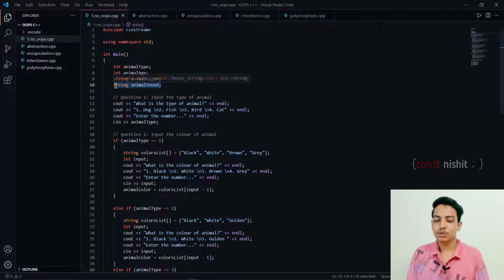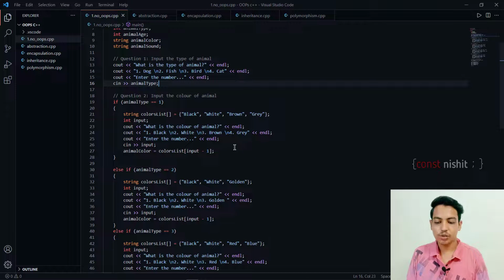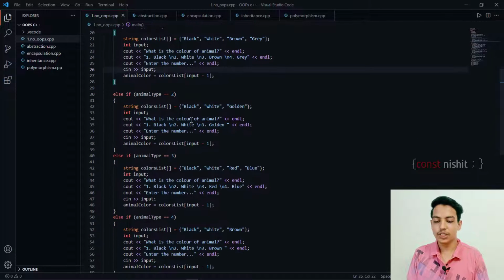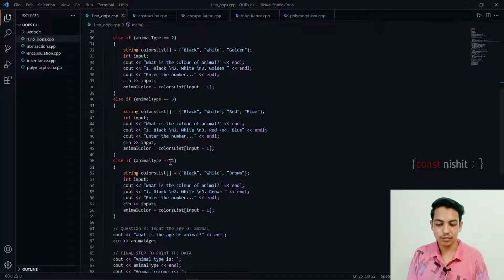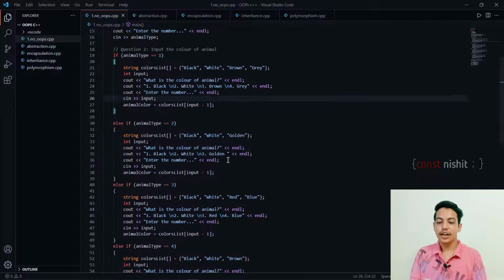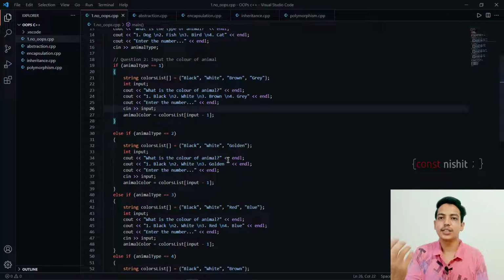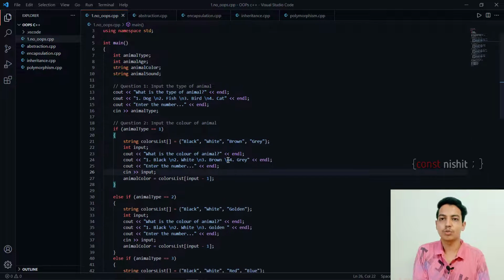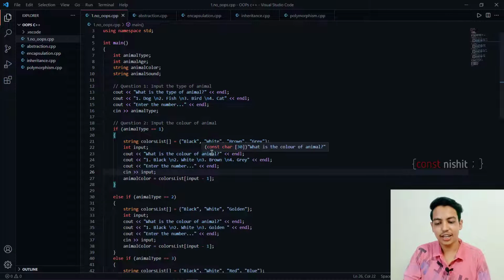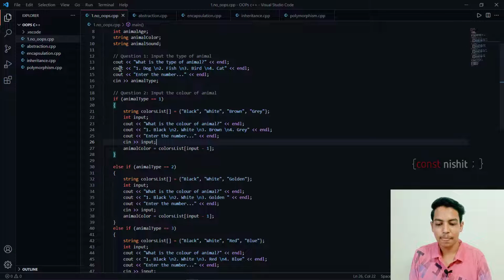If you are asked to get the animal sound input from the user, then you will also know to come here: for animal 1 you will be doing this, for animal 2 you will be doing this, for animal 3 you will be doing this. And let's say you are not going to maintain this code later, someone else is assigned the same task and he is going to do the same, but